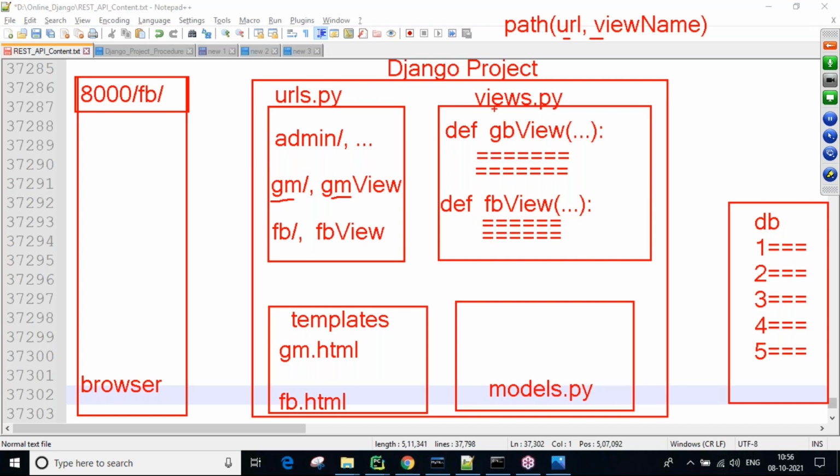So all views we write inside views.py, all URLs inside url.py, and model-related code, simply model code, we write inside models.py. These are the 4 files we majorly develop, guys.